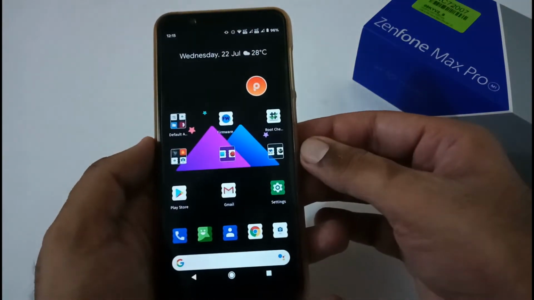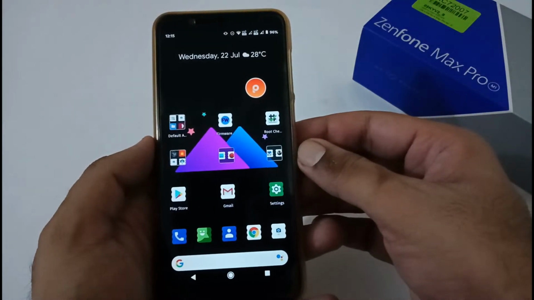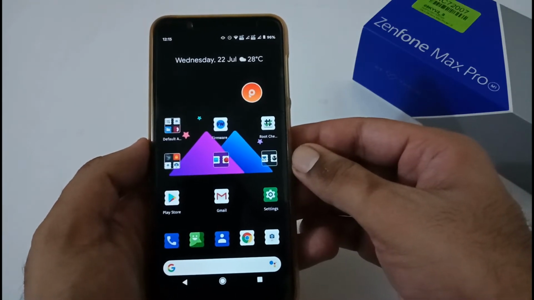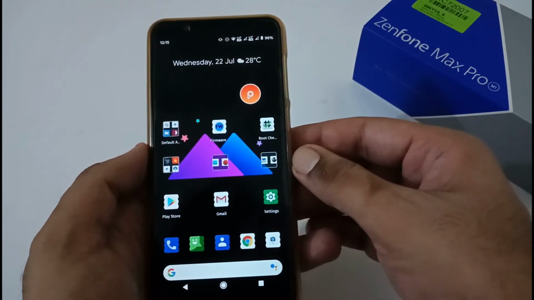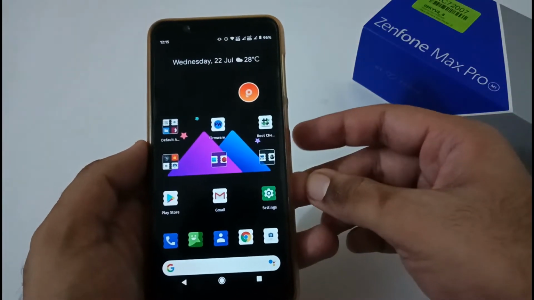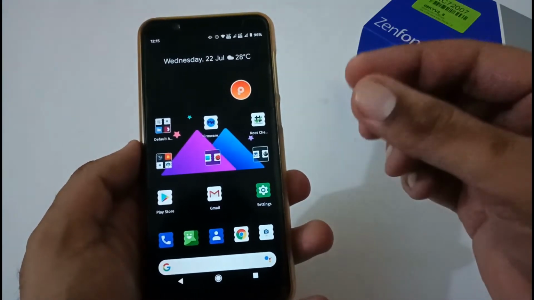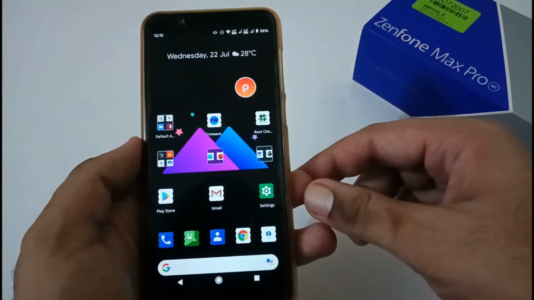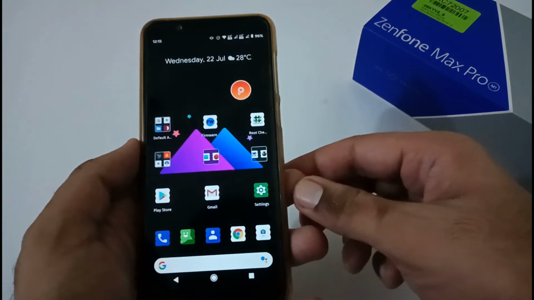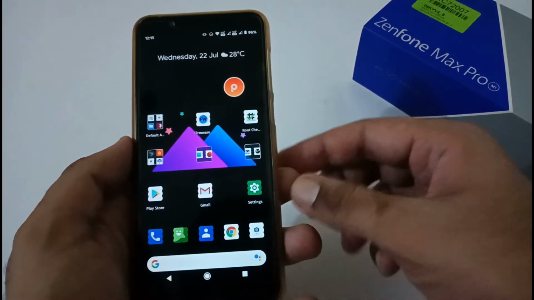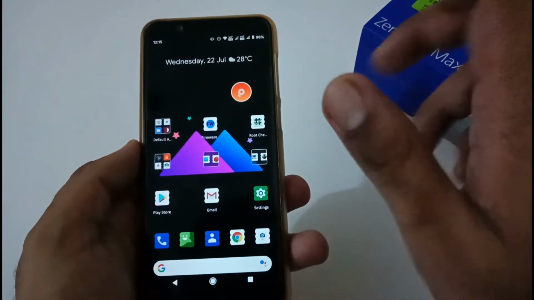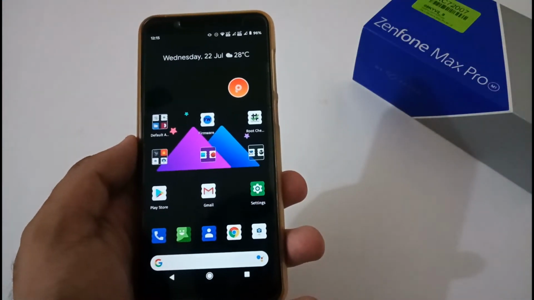So after this, before we jump into the installation part, my overall review score for this particular ROM is 80 out of 100 with respect to all the goods and bads. Like battery drainage is very less, that's why I've given this particular score. But as compared to other things with minor bugs, that's why I've deducted. If there were no minor bugs, then I might have scored it 90 out of 100. But for those bugs and with respect to other goods, it is being scored as 80 out of 100.